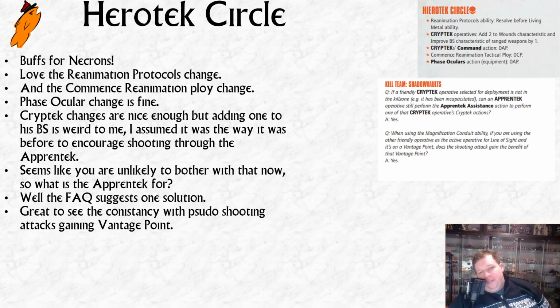The 2 changes I'm less sort of ecstatic about. The Cryptek has gained 2 wounds, fine. Its BS has gone up by 1. Now, for me, this breaks something quite nice about the team. So, the Hierotek Circle had a thing where if you shot the Cryptek weapons through the Apprentech and the Apprentech weapons through the Cryptek, you got a bonus and you got to reroll ones. There was certainly some sort of bonus to hit, so you were incentivized to do it. The Cryptek weapon was better coming out the Apprentech, and the Apprentech weapon was better coming out the Cryptek. Now that the Cryptek has a BS of 3+, and the Apprentech still has a BS of 4+, that is not the case. So you're no longer incentivized to use their cool mechanic.